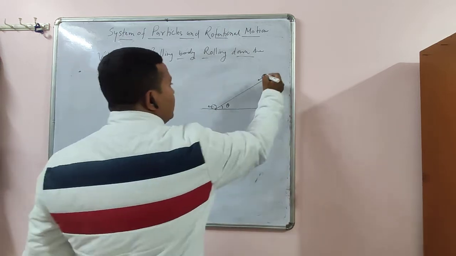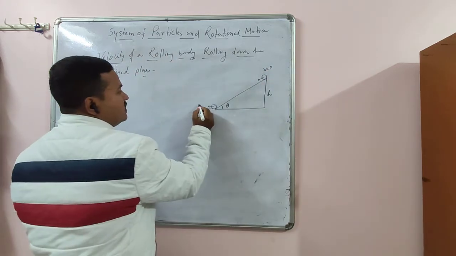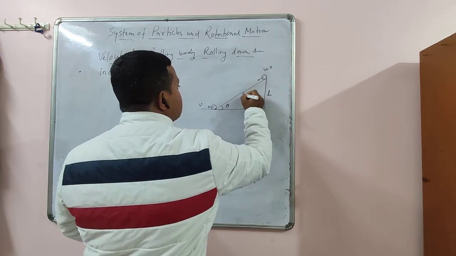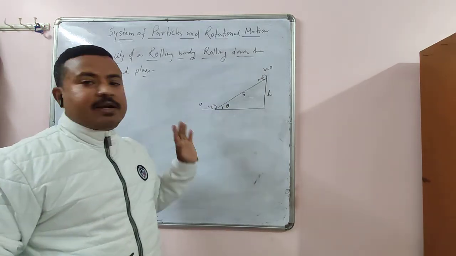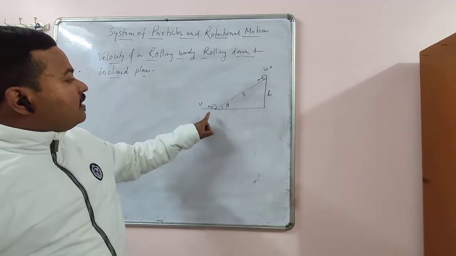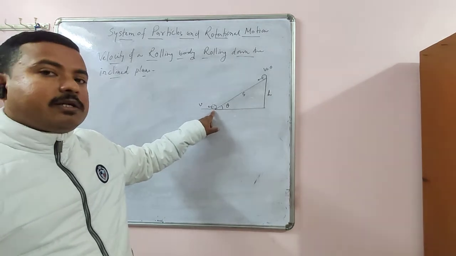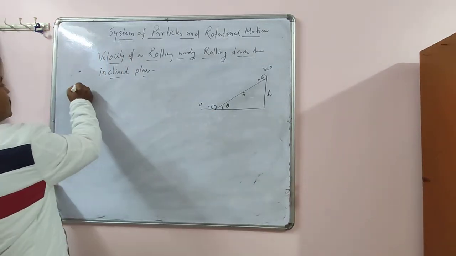Now at the topmost point the velocity is 0. At this point the velocity is v, and suppose the length of the inclined plane is s. Here we will apply the law of conservation of energy. At the top the body has only potential energy, and here the body has kinetic energy. But it is a rolling body, so both kinetic energy of translation as well as rotation. So from conservation of energy,